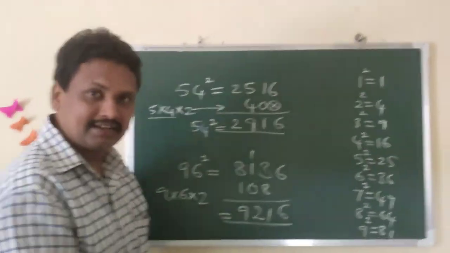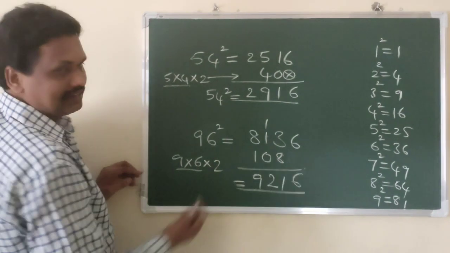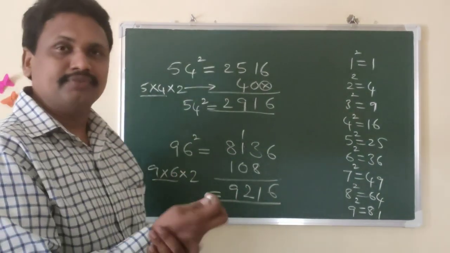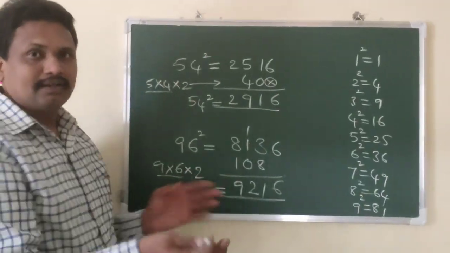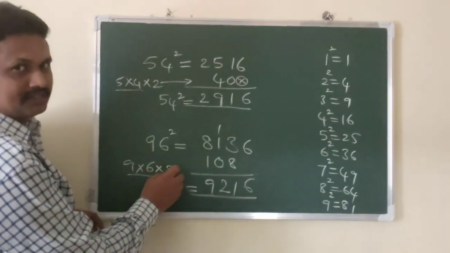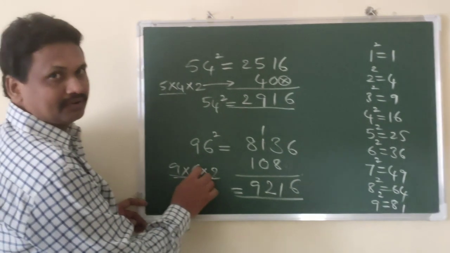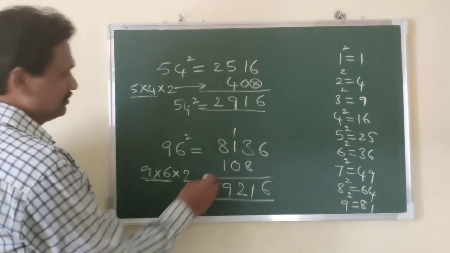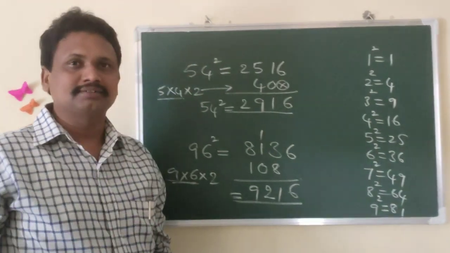Suppose you don't recall the 12 table, no problem. Do it like this: 9 sixes are 54. Write 54 two times: 54 plus 54 is 108. Why? Because into 2 means double, and double means repeat addition 2 times. That's so easy, don't worry about this also. 9 sixes are 54, into 2 means double, 54 plus 54 is 108. Like that also you can do. That's all easy, simple. Up to 100, any square is easy to do. Understand?